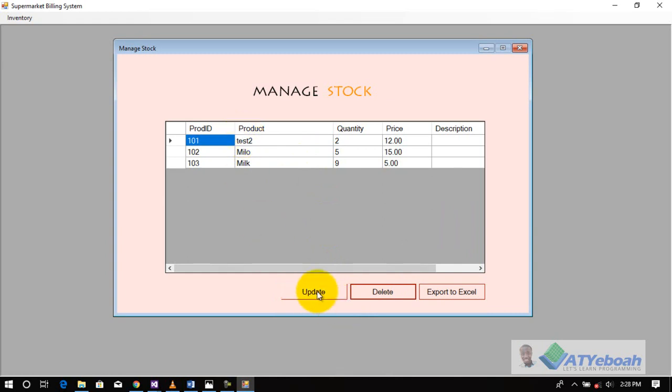We are now going to code for the update and also export to